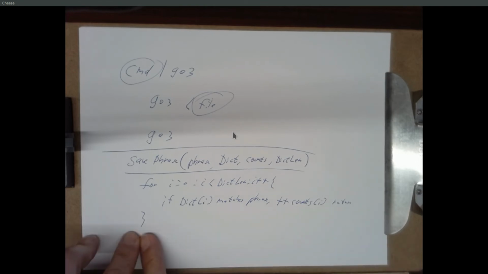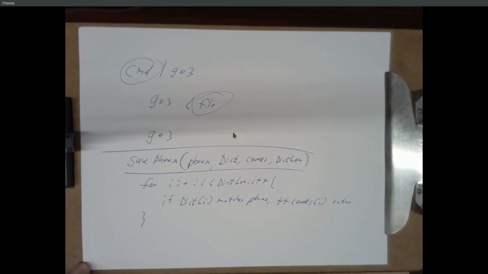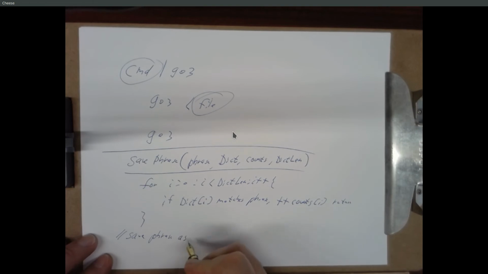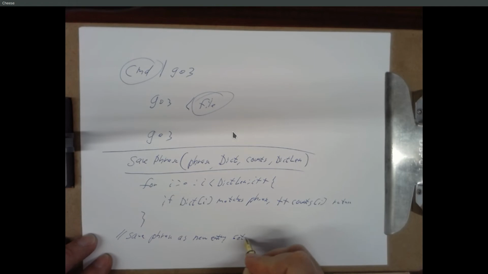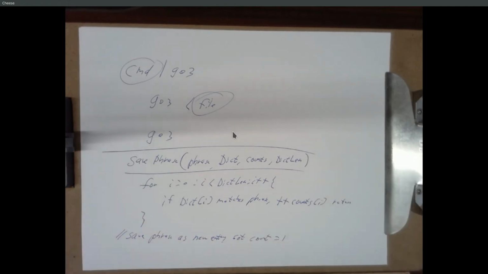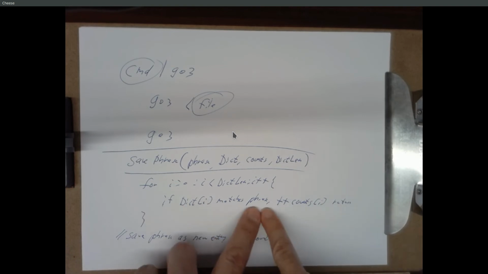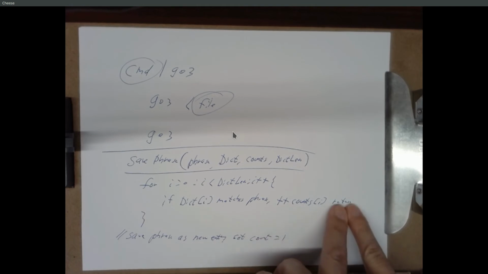If you come all the way through this loop and you haven't returned yet, it means this is a new phrase, it's not in the dictionary. So now save the phrase as a new entry, and set the count equal to 1. Okay, go ahead. So how do you do this comparison? That's string compare. So string compare dictionary bracket i, comma, phrase. If it returns 0, they match. So in that case, increment counts bracket i and return.